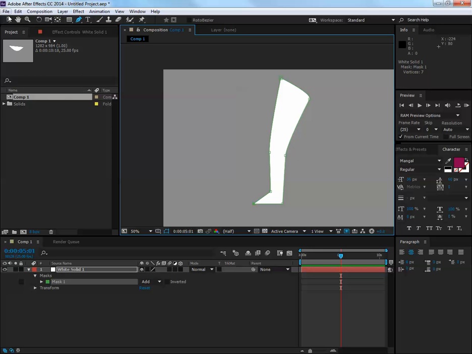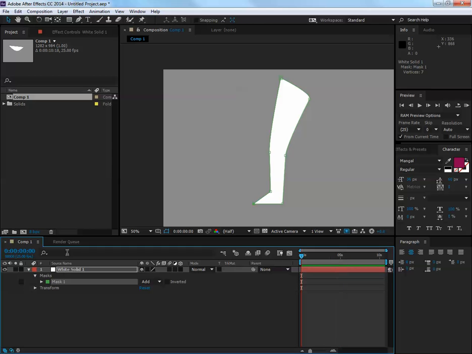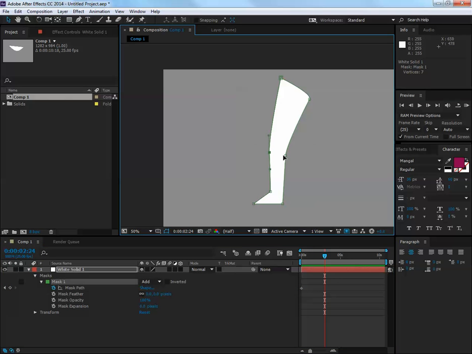So I just draw this leg in there, and let's say I wanted to just bend it, key the path in there, and I'll select the points, and just double click on there, and I can just move and bend,